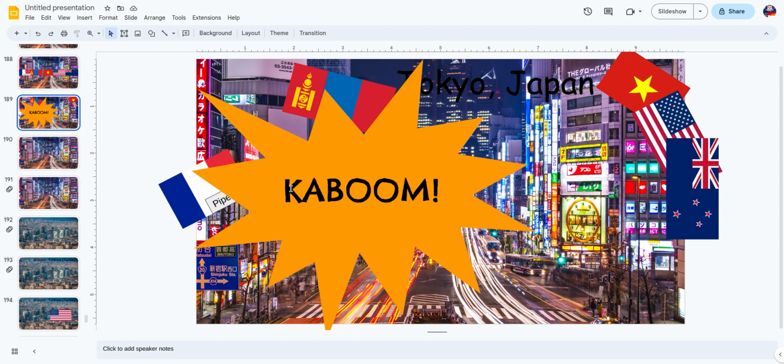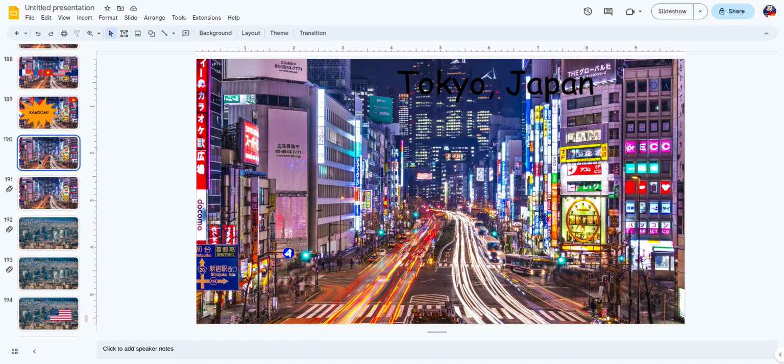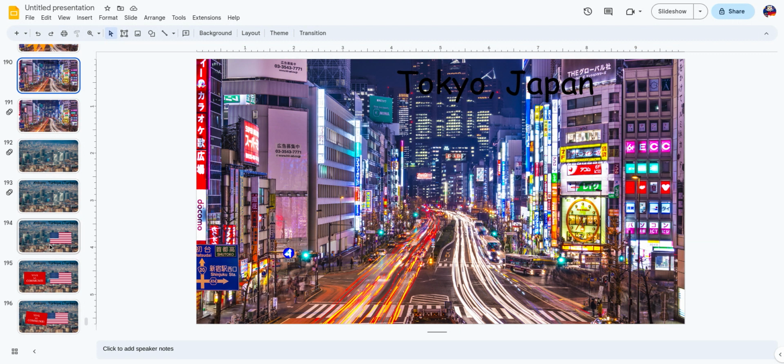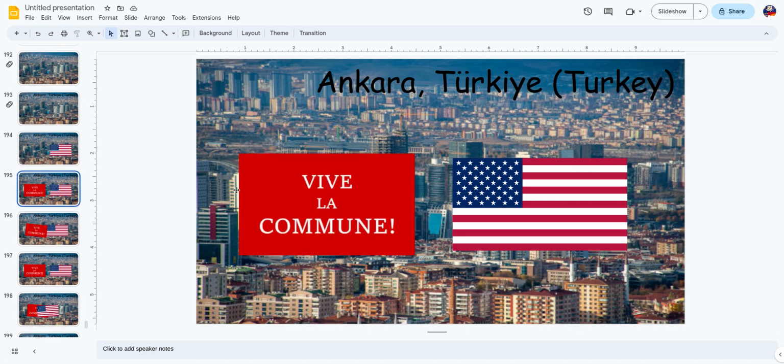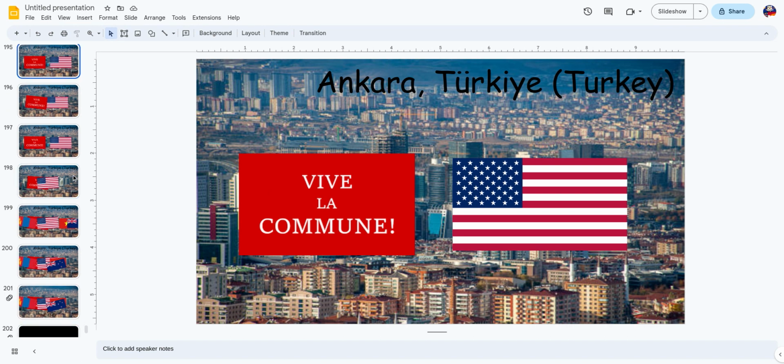Yeah, it's spelled Kaboom, or Kaboom. If there's an explosion sound effect, if you can add it, I don't mind. And on slide 195, I added a new character that just roleplayed a secret character from Potter Puppet Pals. It is Paris Commune.